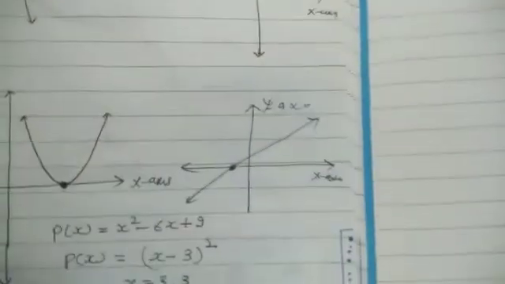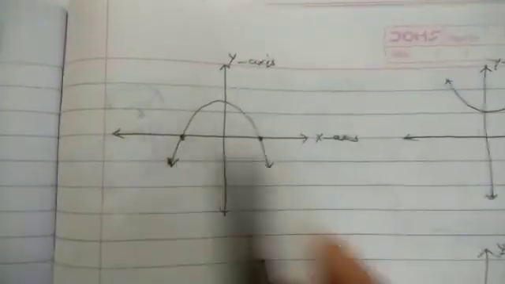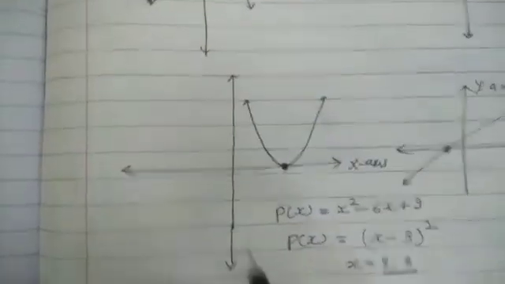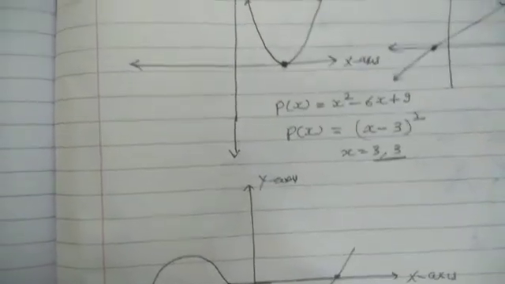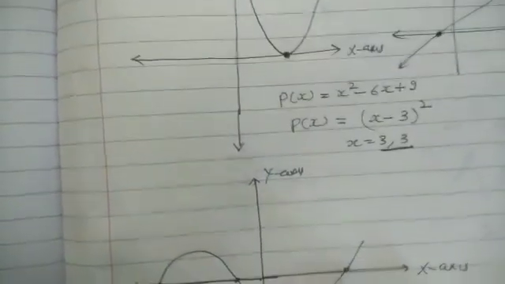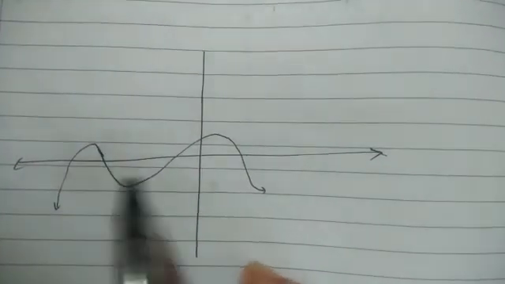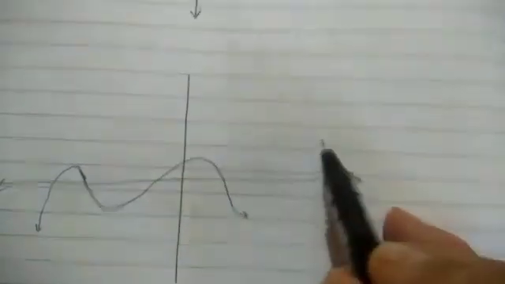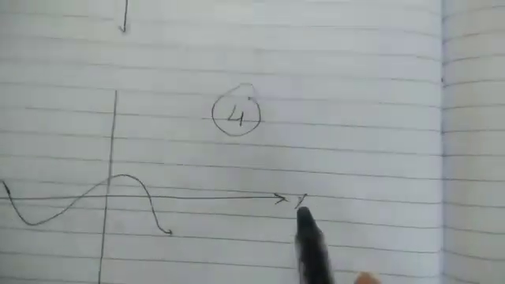Here you can see here 3 point, 1, 2, 3 point, here 1 point, here 2 point, but all points are on x-axis. So to check the number of zeros, you have to check only on the x-axis. Here you can see number of zeros are 1, 2, 3, 4. Number of zeros are 4. So you have to check only x-axis, not y-axis.